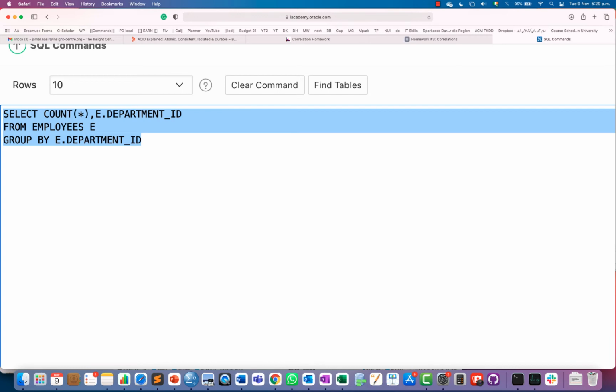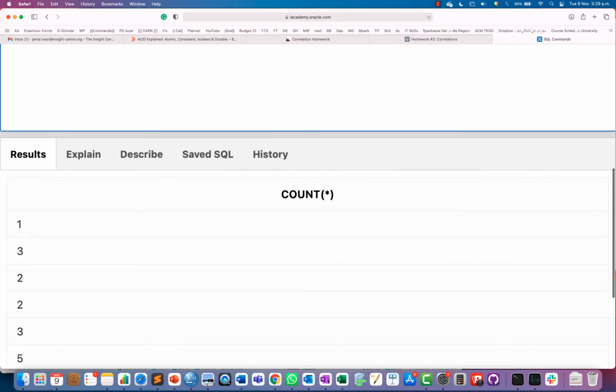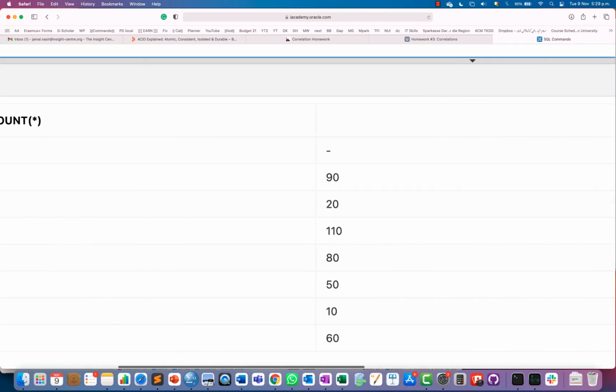Okay, so see, here count star, department ID, employees, but the results are not good enough in terms of representation. I cannot know, okay, in HR how many employees are there, in administration how many employees are there. But the problem is that this HR or administration information is in the departments table. It means that I have to join the employees table with the departments table firstly. Then I have to group it. Then I can print some sort of thing, okay?